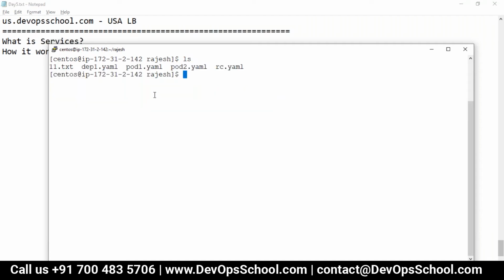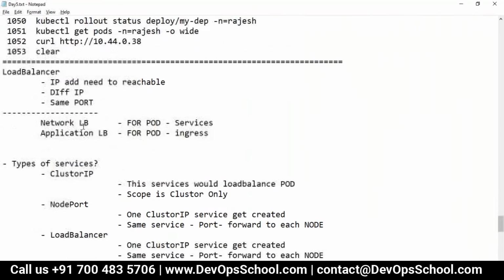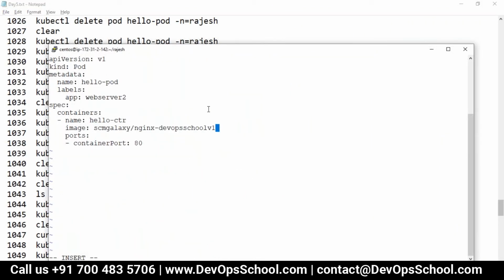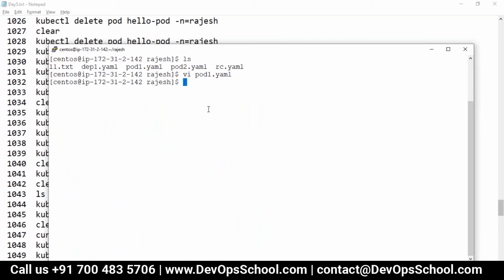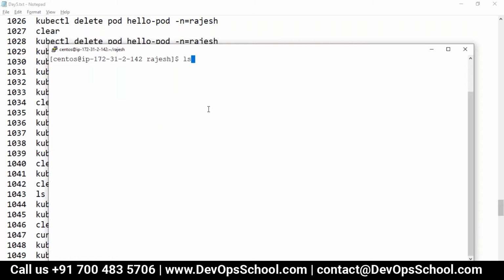Now what I have done is, pod 1 I will set up and give my image, the one which I've been using since morning, v1. This is welcome to DevOps School 1. And vi pod 2.yaml. Save. So I got the two total, pod 1 and pod 2.